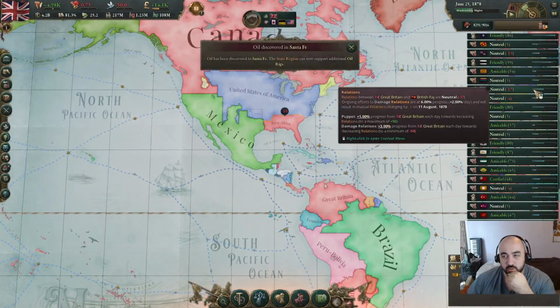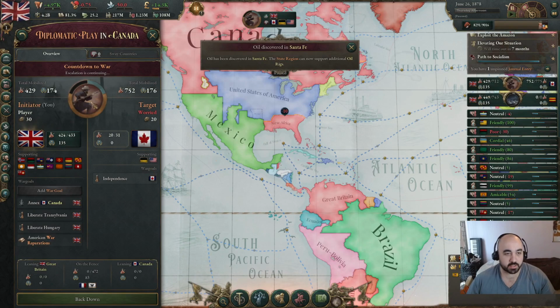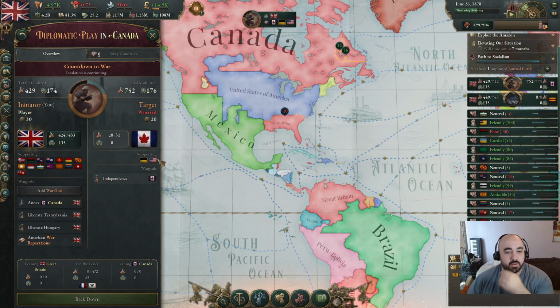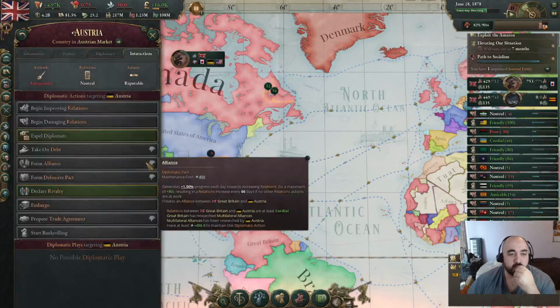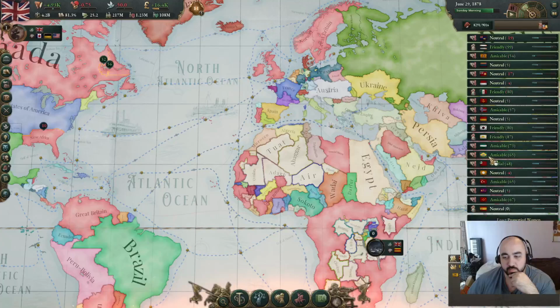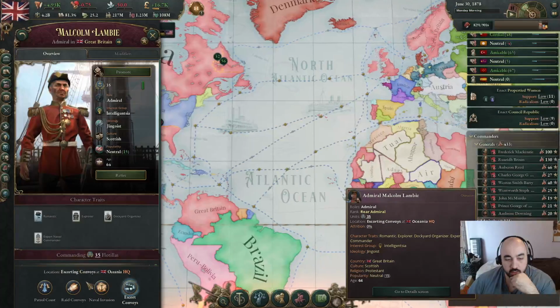Looks like this war is going to go through, though. Let's take a quick look. Alright, so... Oh, we cannot add war goal. Oh, well. Not a big deal. We would have just added war reps from Austria. But now it'll be easier to piece out... Or no, it won't be easier to piece out Austria, because we have kind of big war goals on them. I think...